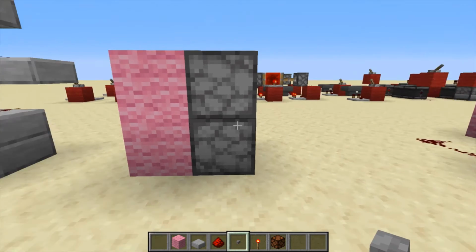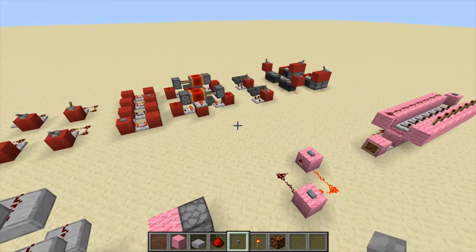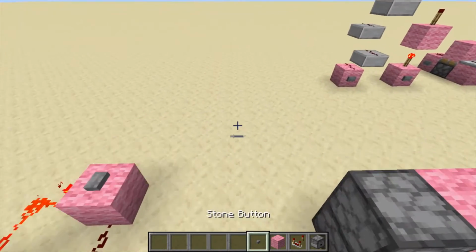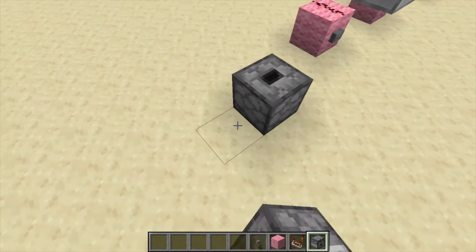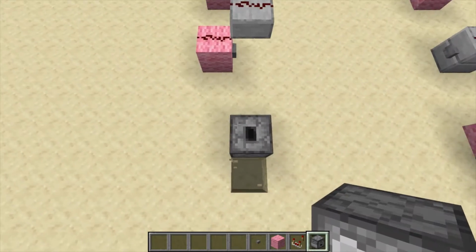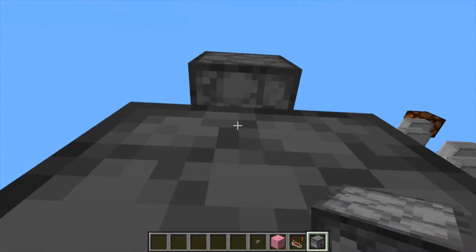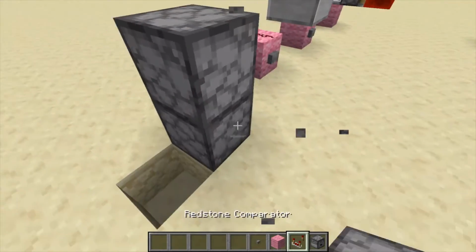Next, what do we have next? The RS null latches, my favorite. Okay, starting with the first example of the RS null latch, you come here, dig down a little bit, place 3 droppers up like that as placeholders,